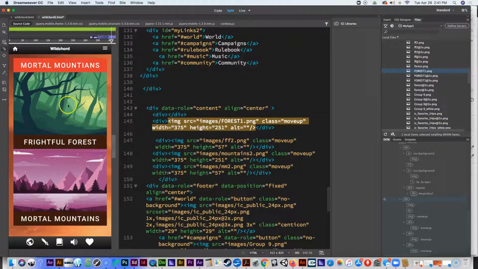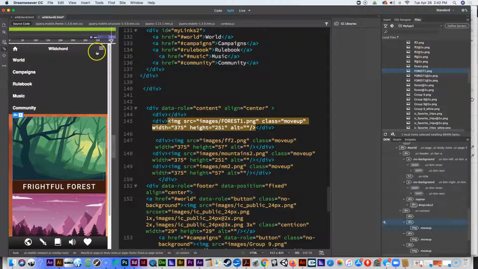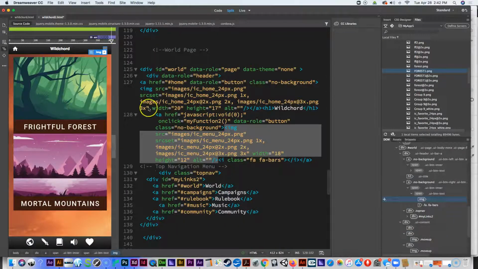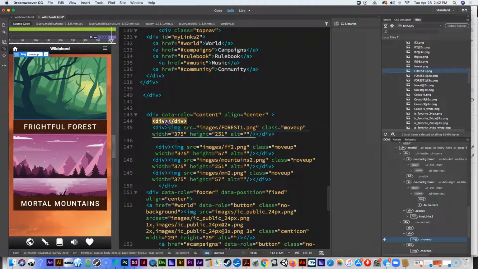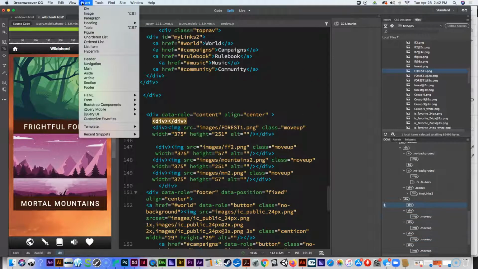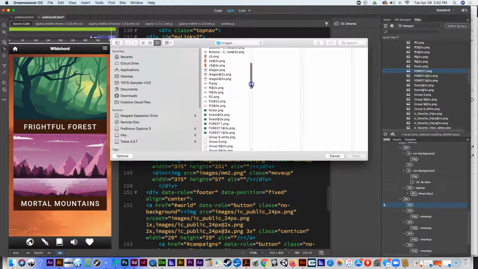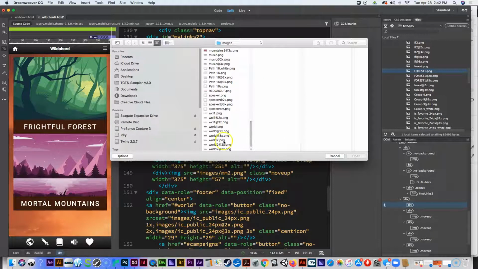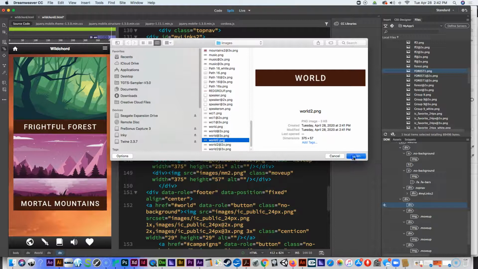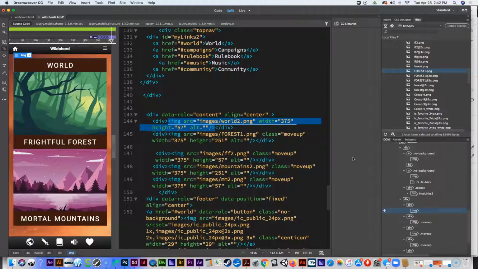right, so there's the forest, and that's been replaced already, and it also has the move up text, so it should move up to the bottom of whatever I put in here, which would be the world 2. So insert, or the move up class, I should say. So now we want to go to world 2, insert that, and